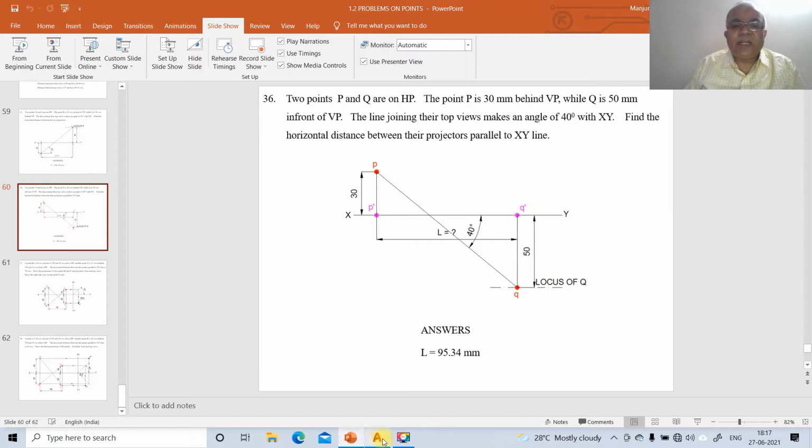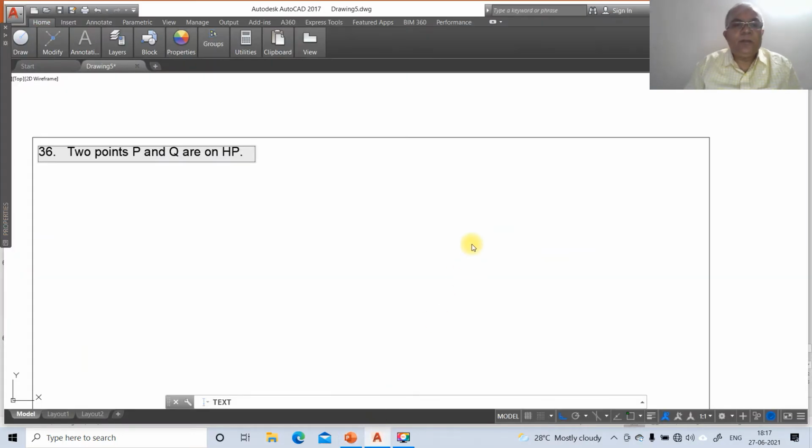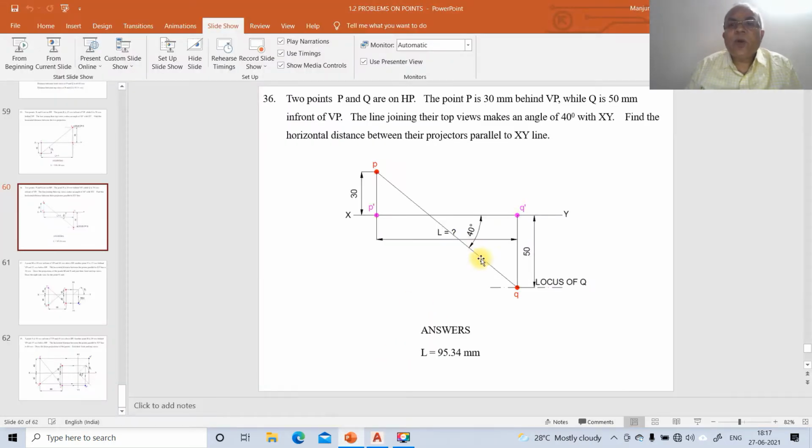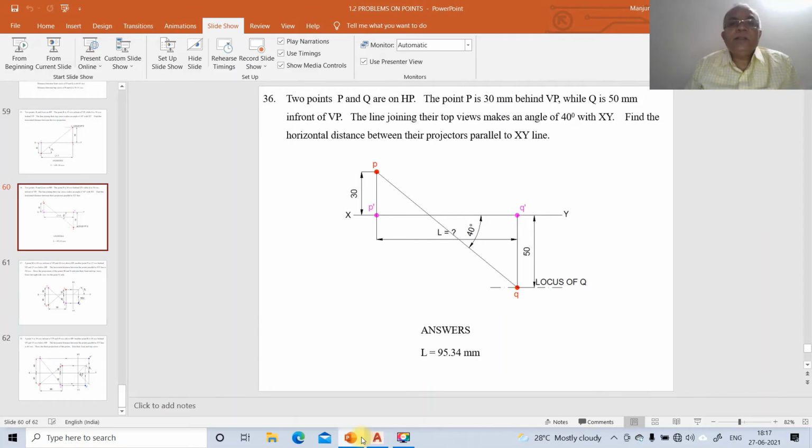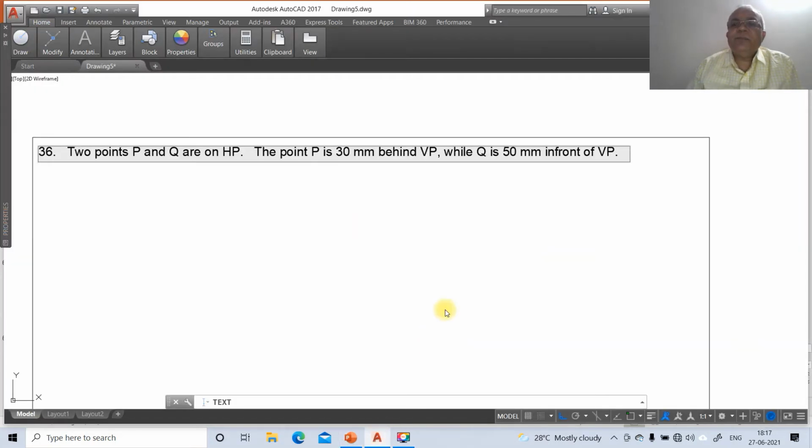The point capital P is 30 mm behind VP, while Q is 50 mm in front of VP. Then the line joining the top views makes an angle of 40 degrees with XY.